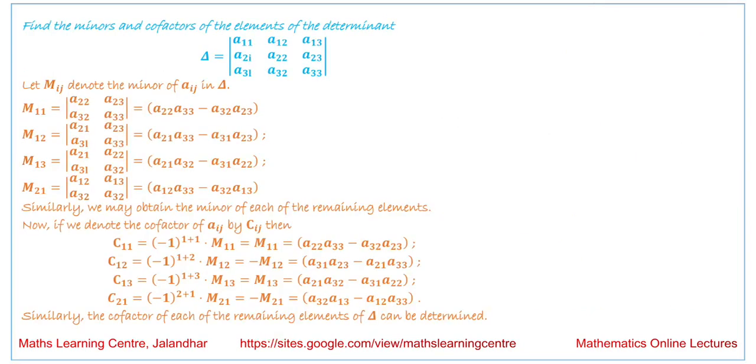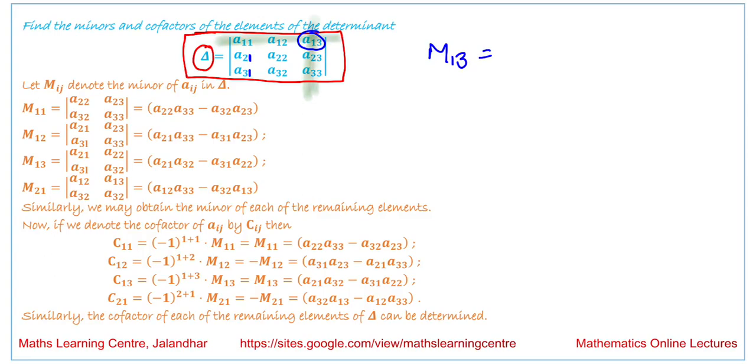Suppose we are having a 3 cross 3 matrix and this is the determinant corresponding to that matrix. It is generally represented with delta. So if we want to calculate the minor M13, we are talking about the minor corresponding to this term. When we are calculating the minor corresponding to this term, we are neglecting this row, we are neglecting this column, and what we are left with is the determinant of